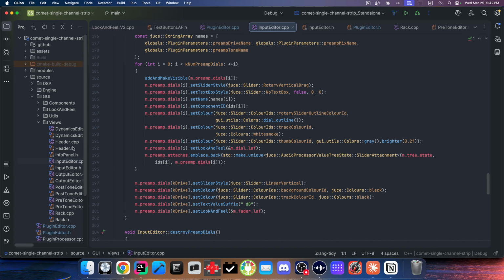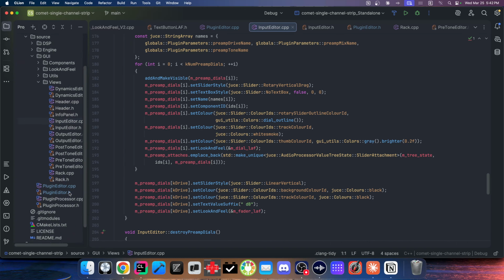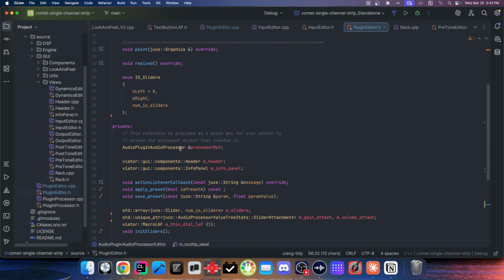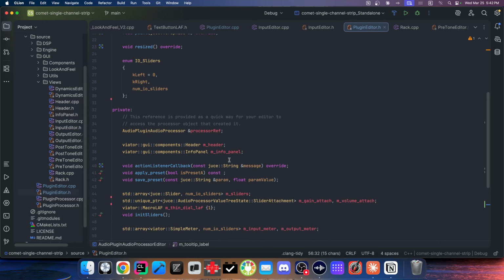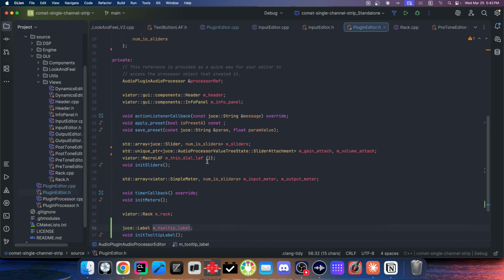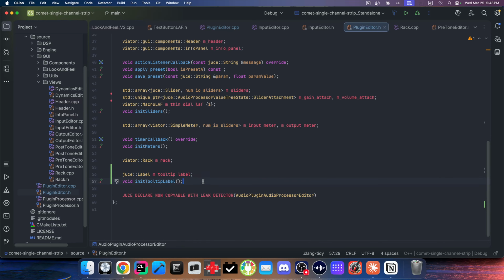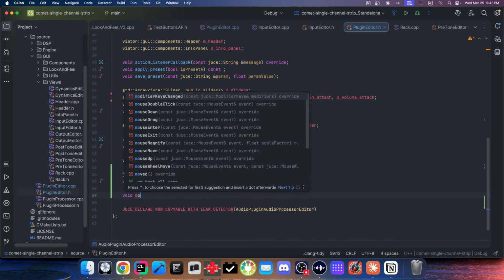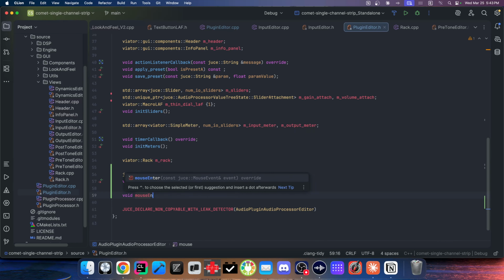No, I think I'm making this more difficult than I have to. I think if we just go into the editor and we, let's see, do we already have any of the mouse things? No. Okay, so if we do void mouse enter,